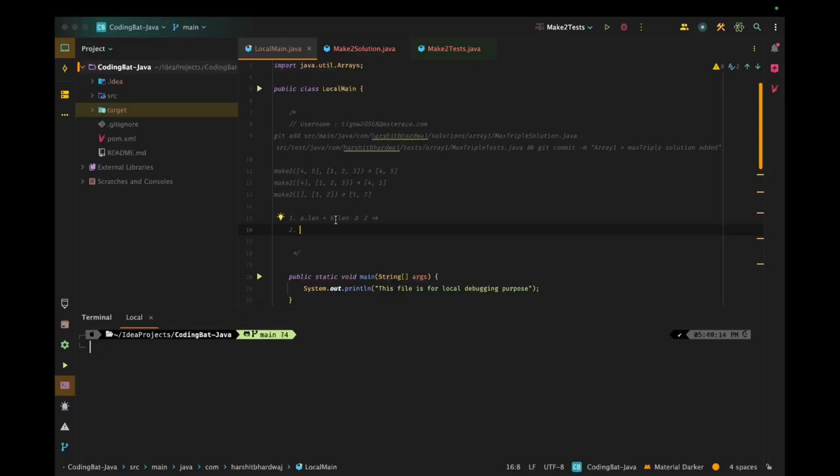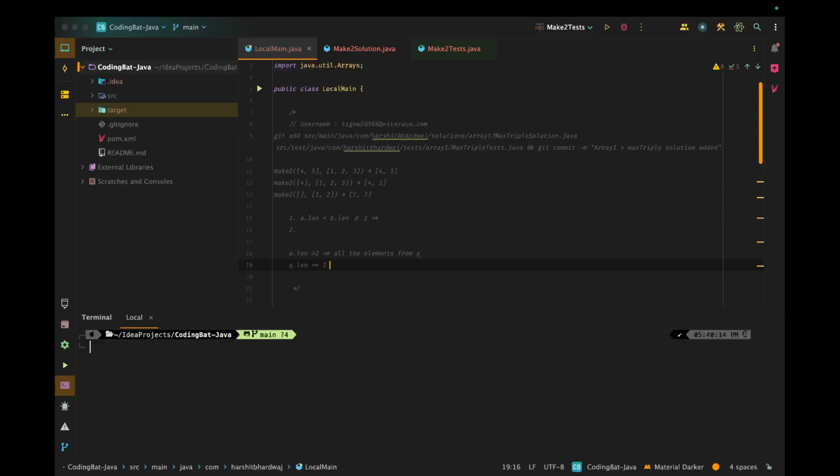So how can we first fetch enough elements from array A? In case the length of array A is greater than or equal to 2, we can fetch all the elements from A only and do not use B. If this is not the case, then A length can be equal to 1 element.